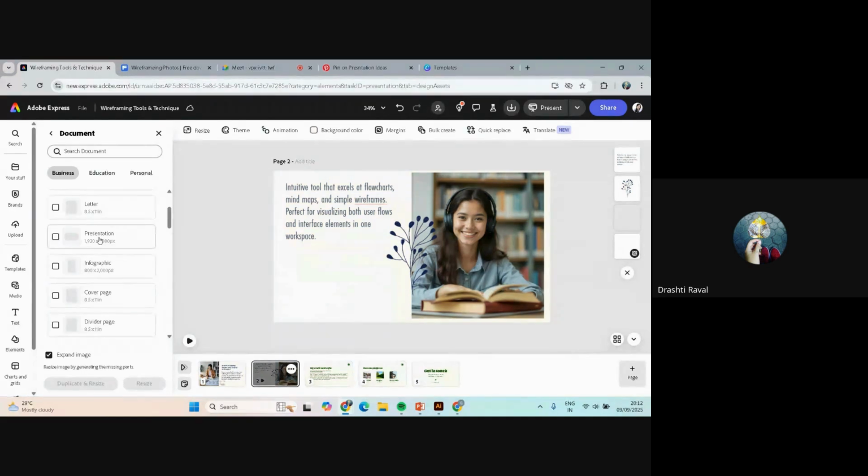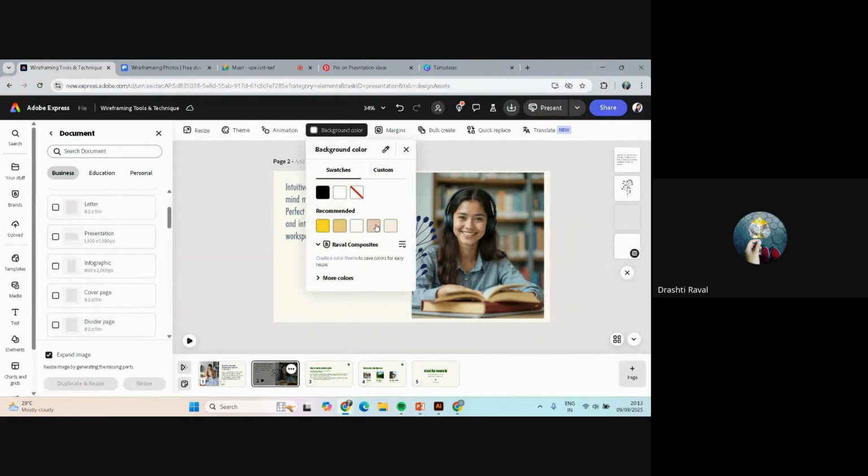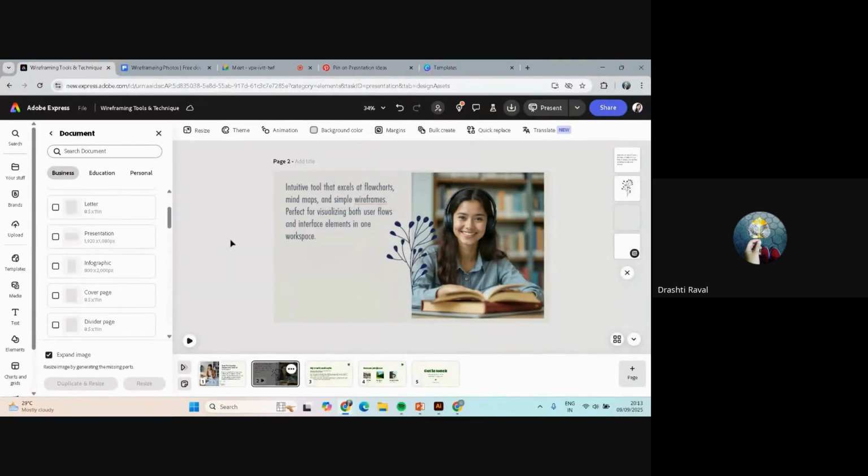And you can see there is a theme, there is animation, background color. I can add the background color also. And they have brand options. When I click on this, my own brand options are provided here. So I can change the colors according to the brand background, and they have multiple options here also, which you can apply in any of the designs,